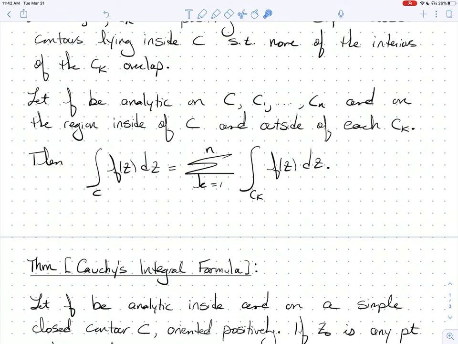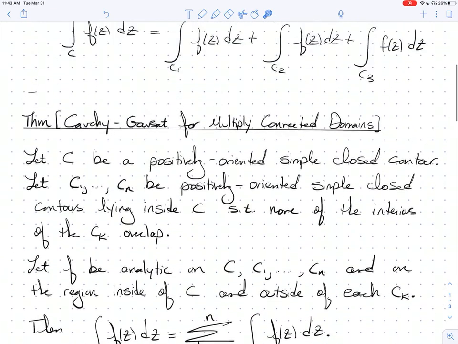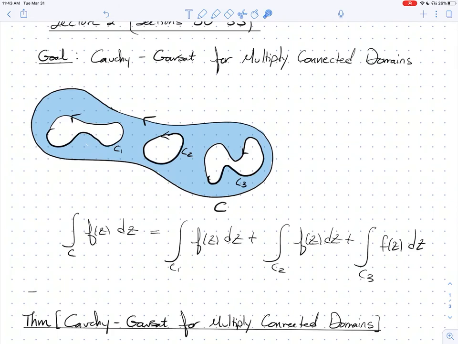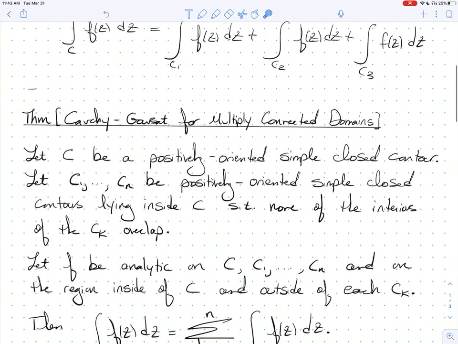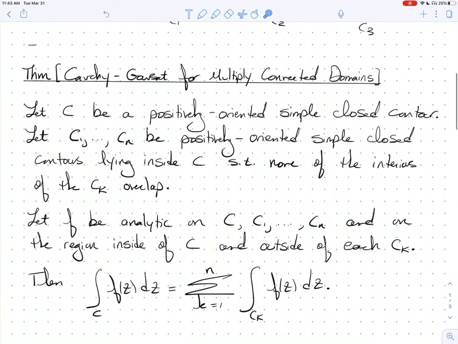I like the idea of collapsing. The way that we've said it is you can collapse the large curve down to these smaller curves, and that I think is the best way to think about it, and you can see it in the picture. All right, so that's a theorem. I'm going to use it in an example down the road, but I want to do another theorem with you first, and that is going to be called the Cauchy Integral Formula, actually. And so let's pause. We'll stop this video, and then we'll pick the next one up with